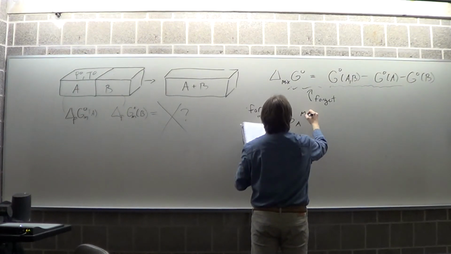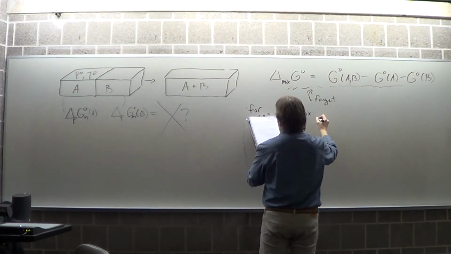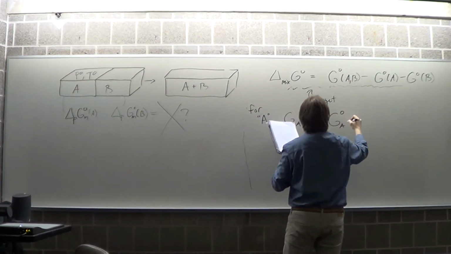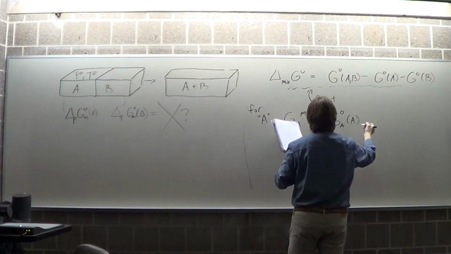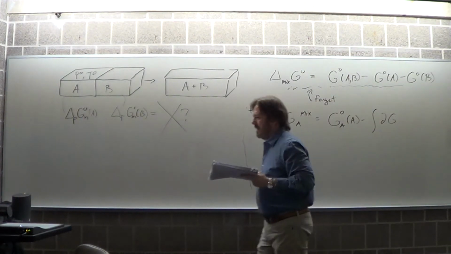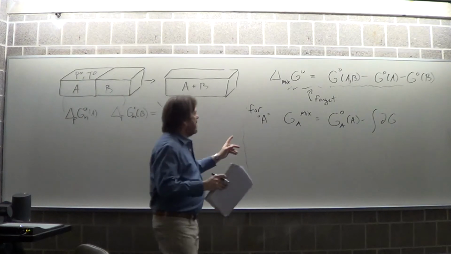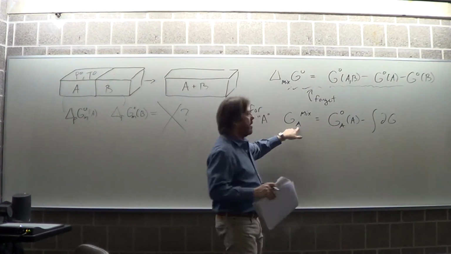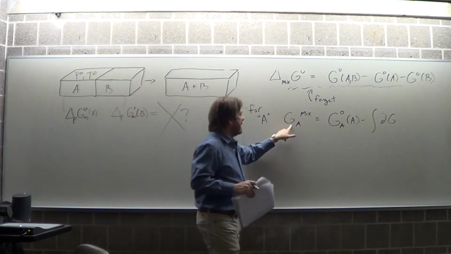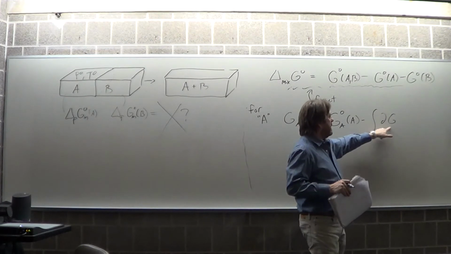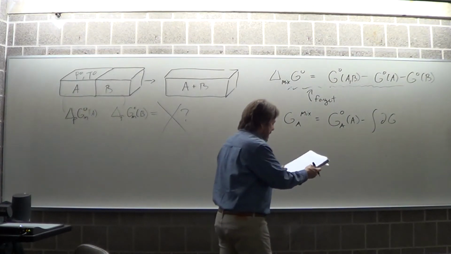Okay, so A in the mixed state is going to be A in the pure state, I called it like that, minus the integral of its change of G. Now delta mix for species A, this is the total. For A, I'm just going to bring that over here. Delta mix A minus the number in the table in the back of the book will just be the integral,